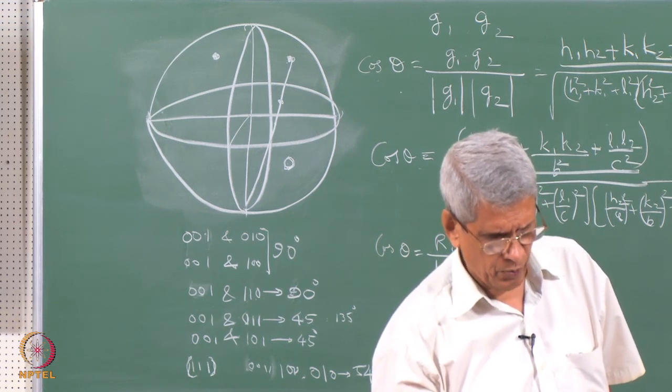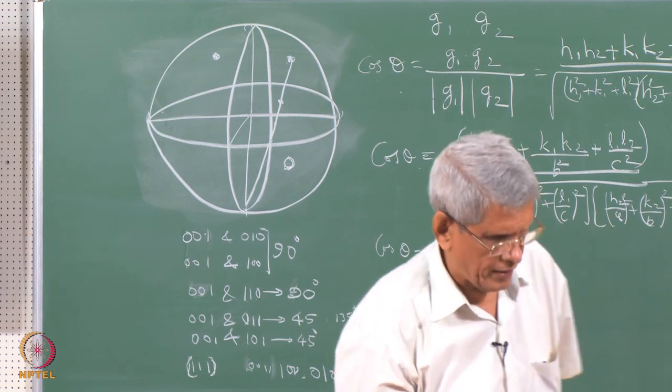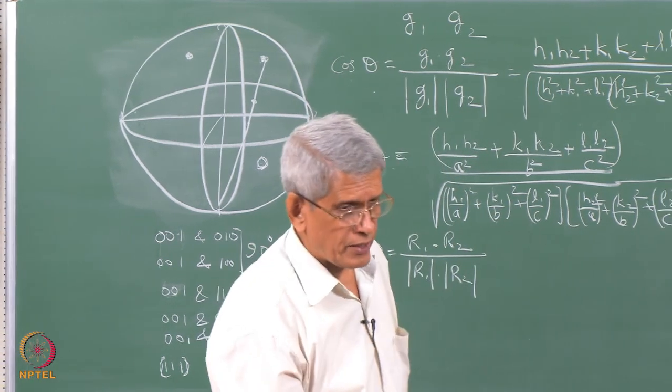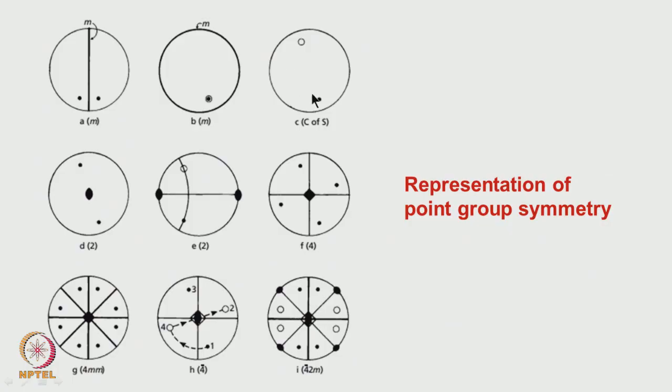And suppose an inversion is taking place across a point. This is what we also learned, that across the center point you invert it and show it with an open circle. That is how it is represented. In fact, whatever we have learned in the previous class is being used in the point group representation.